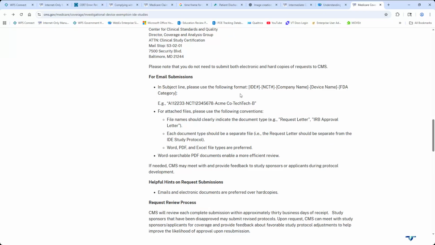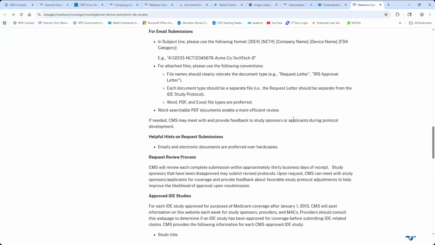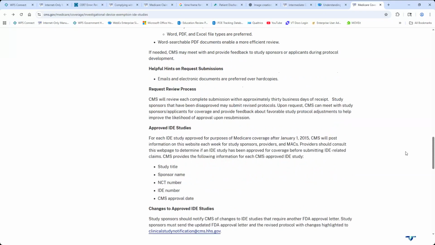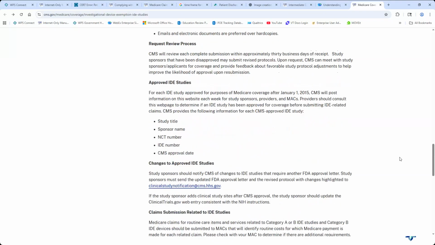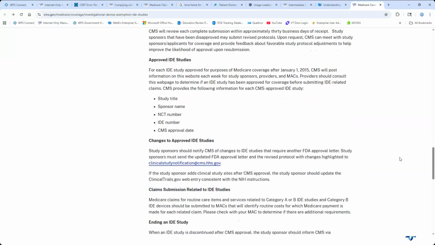But if you are sending electronically or by email submission, you have additional things that you should go through and read about how those requests need to come in. So I do encourage you to go through and read all of this before you submit.